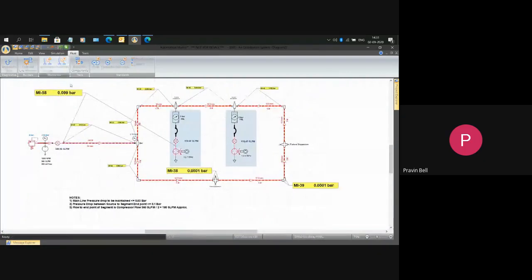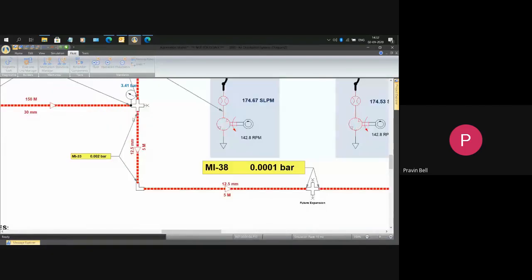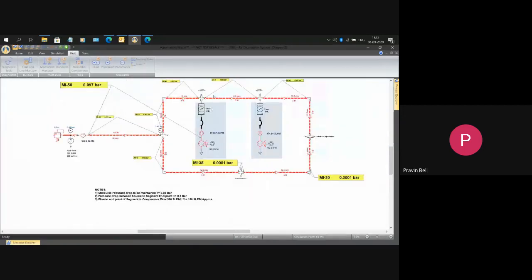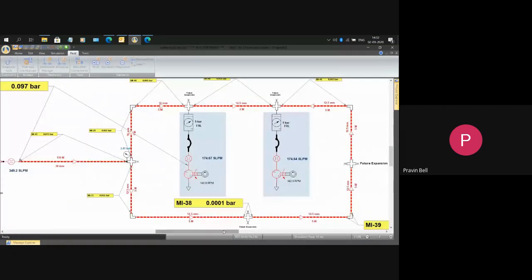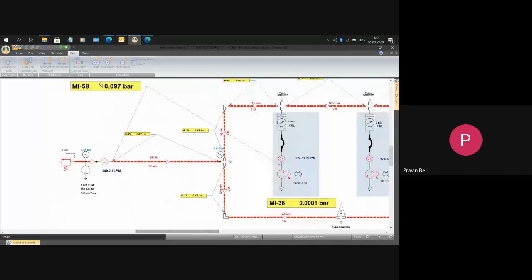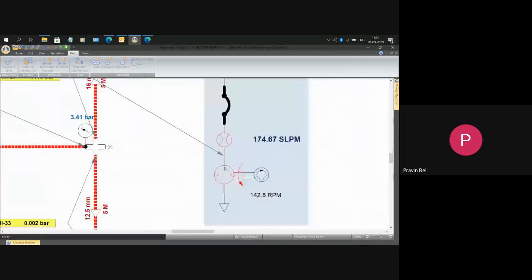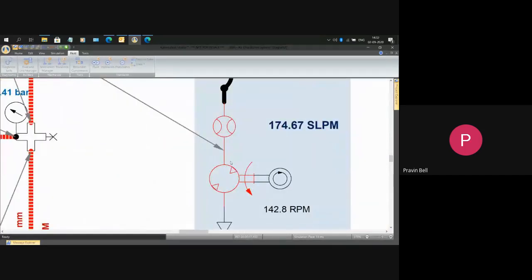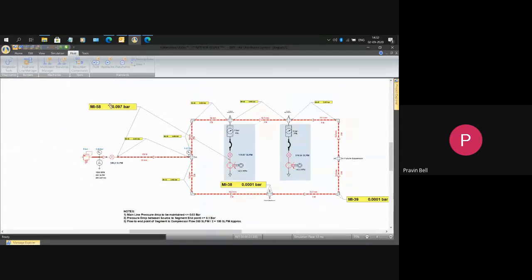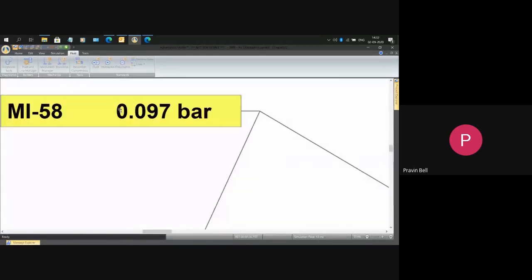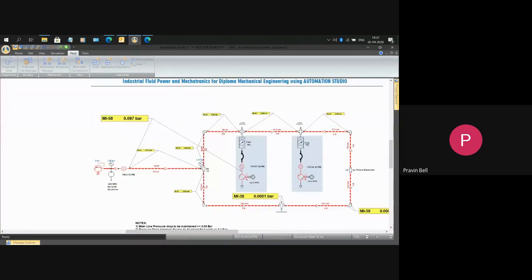I simulate it. I can go to each individual pipe length, and I can change the length or the diameters of these, and I can measure the pressure drops at various points. For example, the specifications say that from the start point to the end point, where the pneumatic motor is running, the pressure drop should not cross more than 0.1 bar. In this case, we maintain 0.097 bar. So this condition is met.